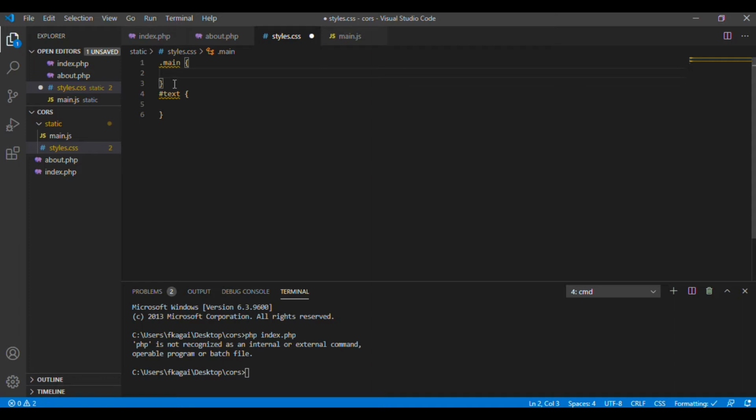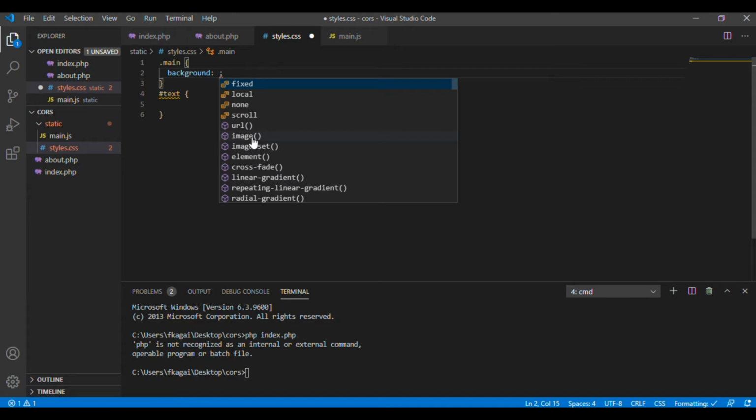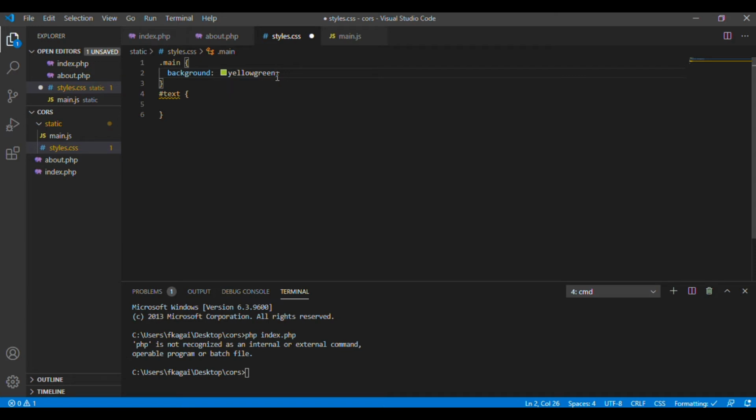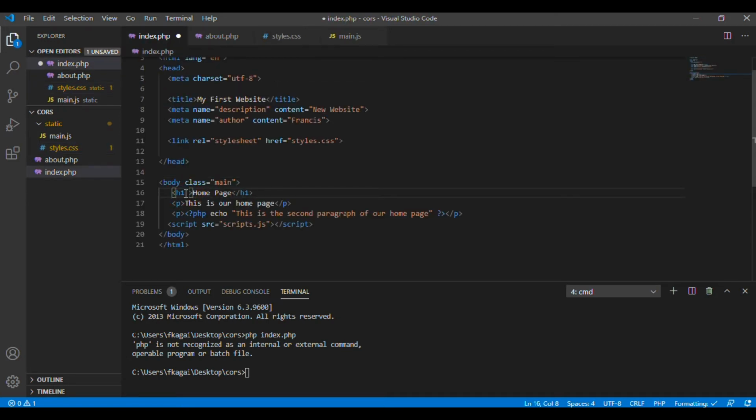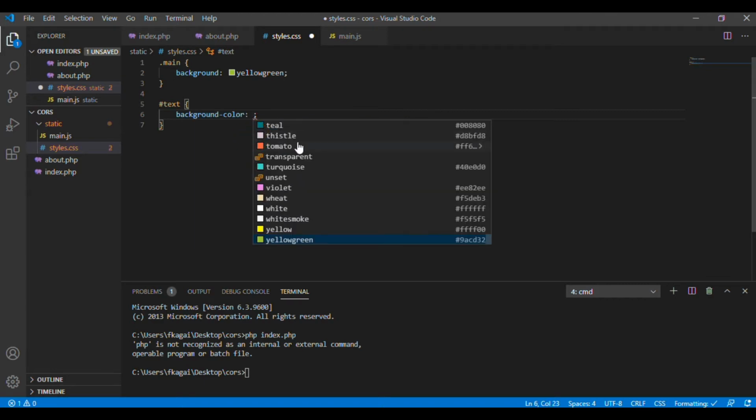Main, and all that. So we can give it a background. You can put an image if you have an image, but you need to put the image here so that it can also be uploaded with the website. Let's look for a color, like yellow green, just for you to see it's working. H1, ID equals text. So when you come here and do background color equals, let's say even teal,